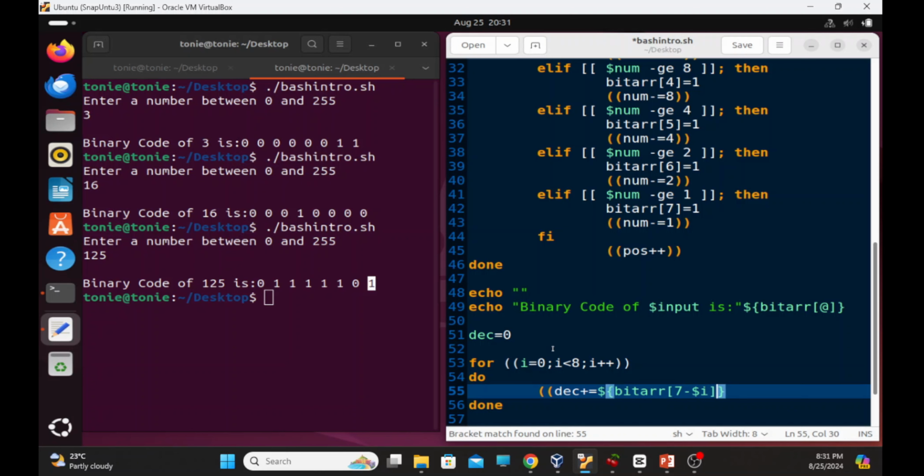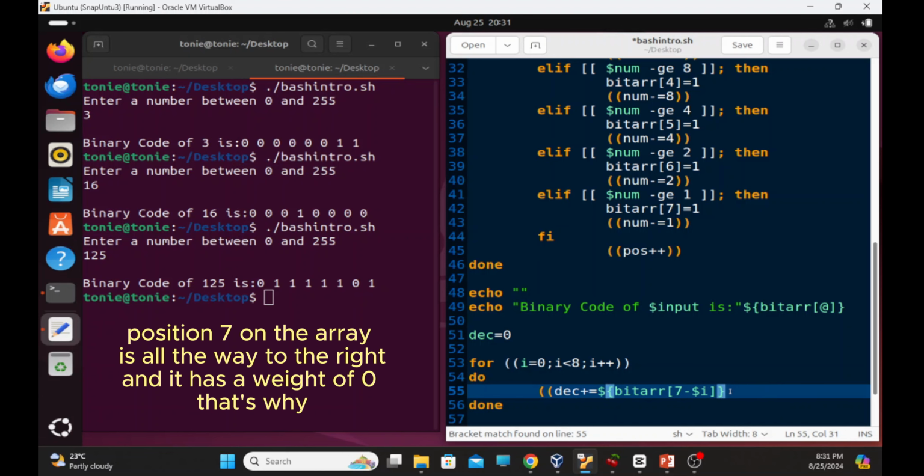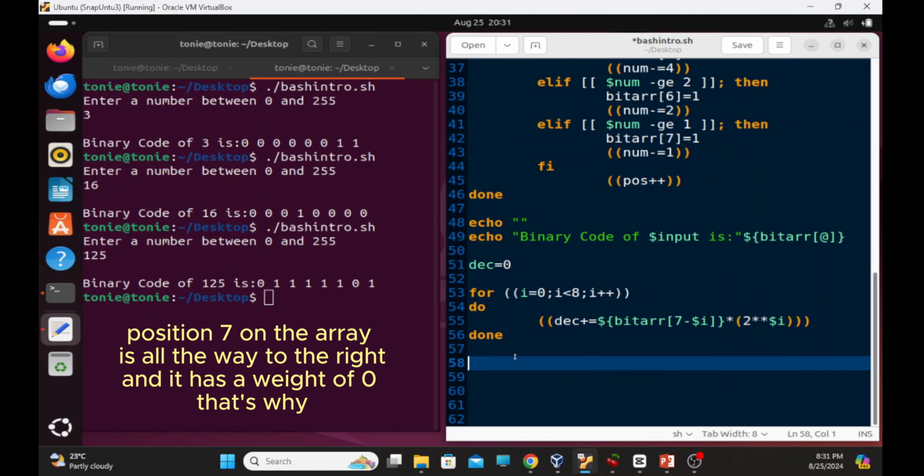Times, and I will open parentheses, 2 to power. An important thing over here, that should take place outside of the curly braces of the array. So times, and I open two parentheses, 2 to power, this is how we get the power, it is 2 stars, and power what? 2 to power i, correct? So 2 to power $i. And then finally echo